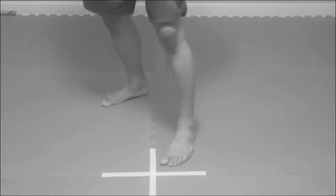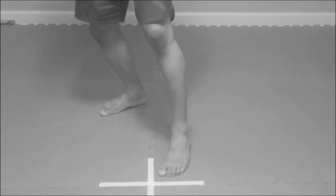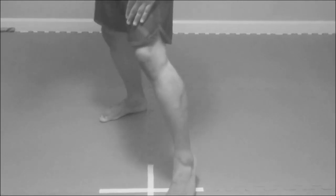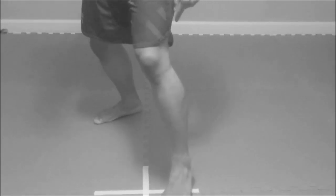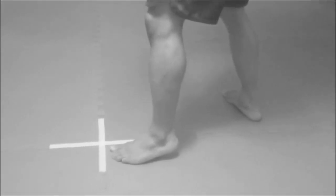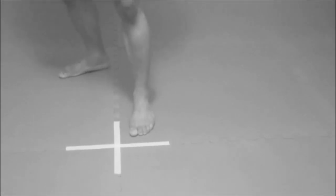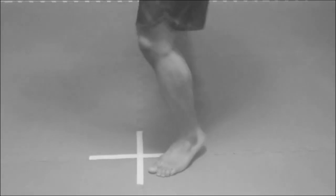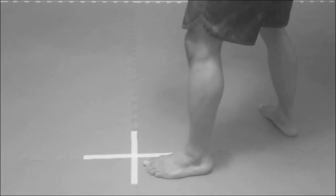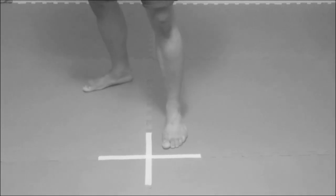Okay, so what I'm going to do from here is I'm going to take the ball of my foot, step it over the line, right here, okay? And I'm going to pivot in that direction. Boom. Okay? Once again, I'm here. Step. Push off that rear foot. Pivot. Okay? The common fault that I see here is people tend to